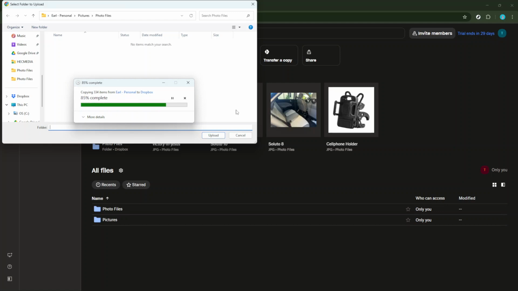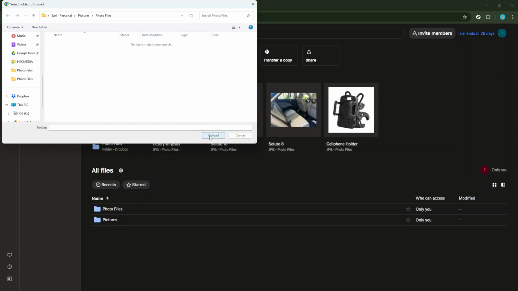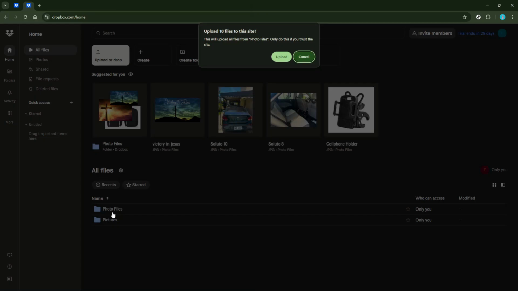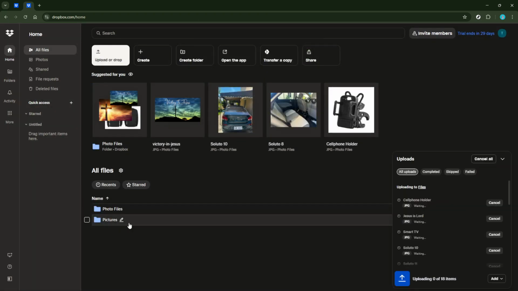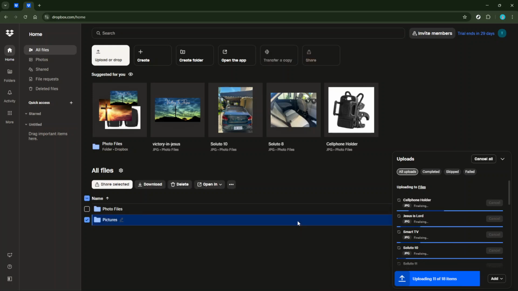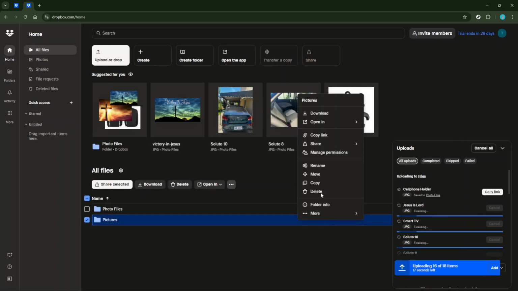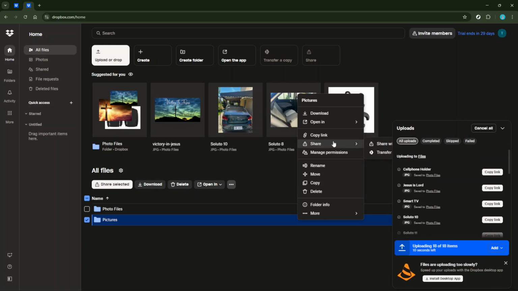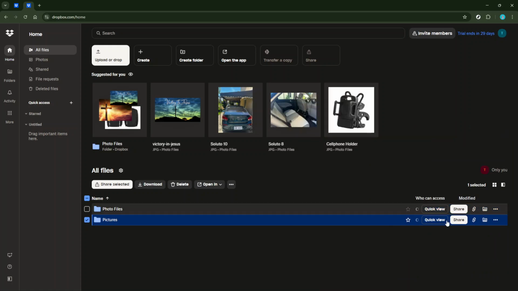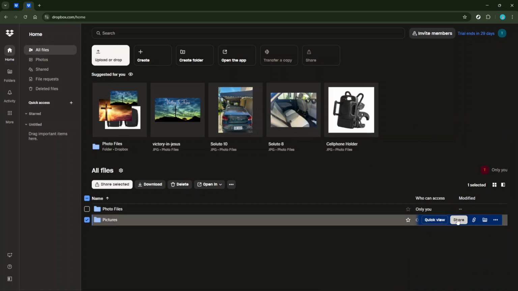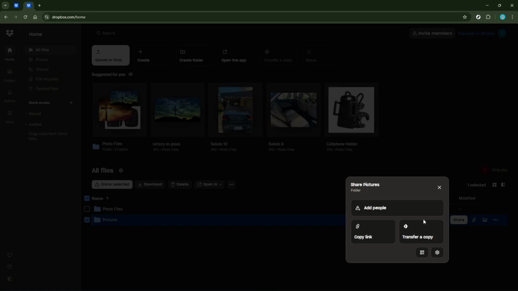Once your sharing menu is open, you have a couple of choices to make. You can enter the recipient's email address directly in the provided field. This method sends them an email with a link to access the file. However, if you prefer, you can create a shareable link instead. This link can be copied and sent via text message, instant messenger, or any way you like. The flexibility here allows you to choose the method that best suits your needs or your recipient's preferences.